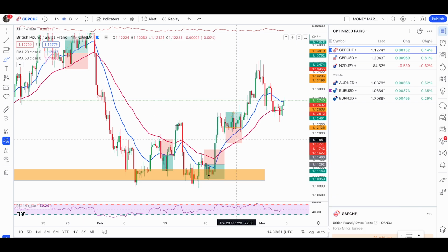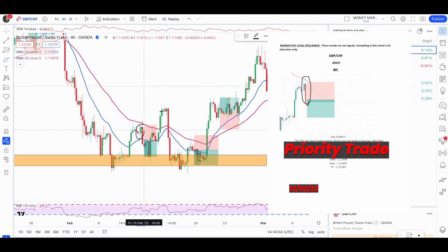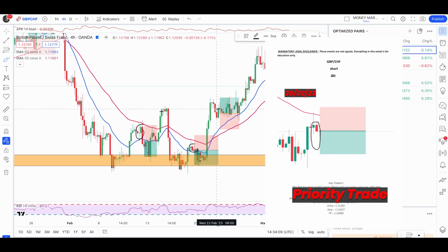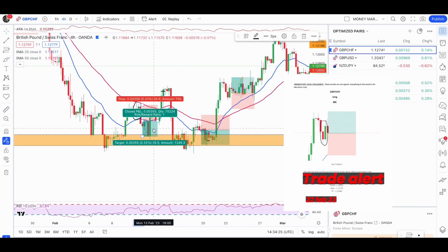So let's start with this pair, which is Pound CHF, one of my favorite pairs to take my entries. So right here, these were the trades I sent to the members. One of the pullback entries right here, you learn in the priority group and in my MMTA course, a pullback entry, a bearish, bullish. Now, if you see here, we had a bearish confirmation